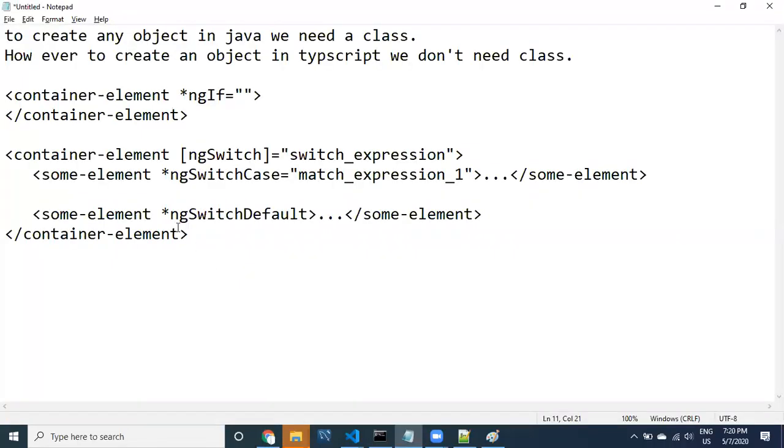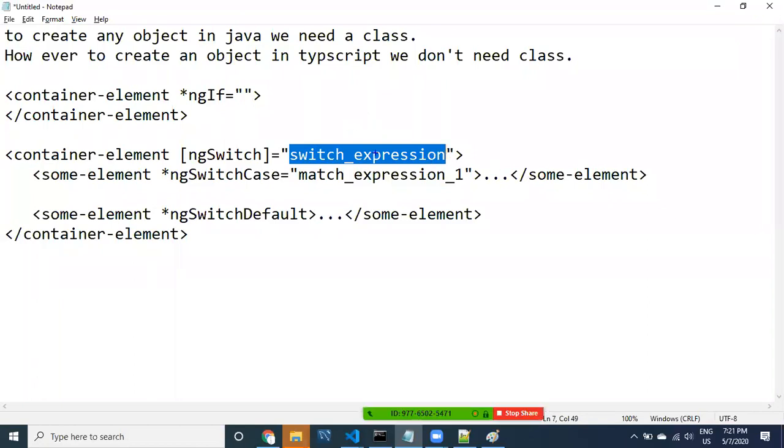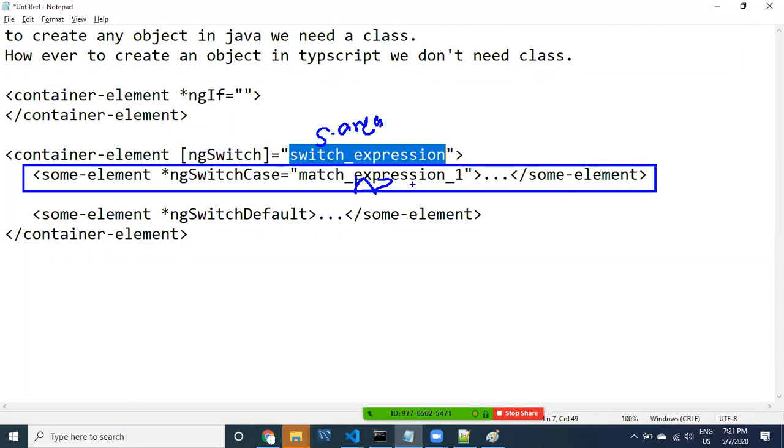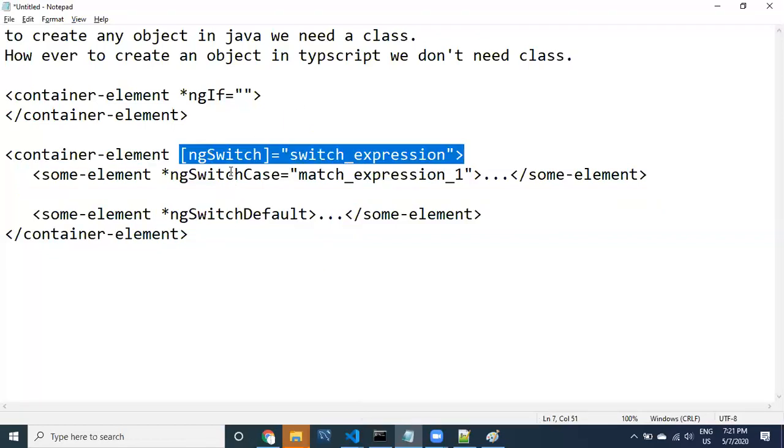For that, let us look at how we are using it. ngSwitch expression. What is the property? Suppose I'm going to take the property area, student.area. Now, if area is A, I have to do something. If area is B, I have to do something. If area is C, I have to do something. Default, nothing is there. Then what do we have to provide? If you observe carefully, these are the 3 things you need to apply.